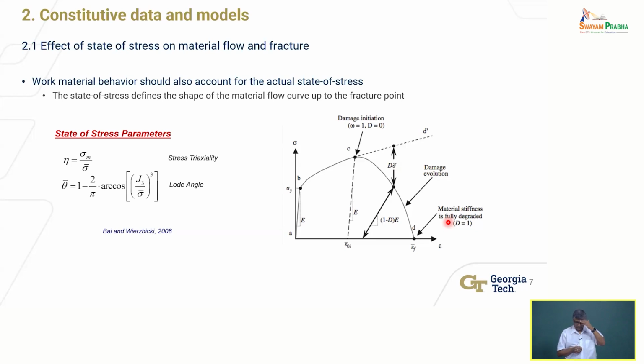Because failure of the material depends on the state of stress also, okay? So without going into more complex discussion, I think just having that understanding that it's not enough for me to describe what the stresses in the material will be when you subject it to certain strain rates and temperatures. But I also want to know what is for that given state of stress, will this material fail or not? Okay. So that is what the point is being made here.